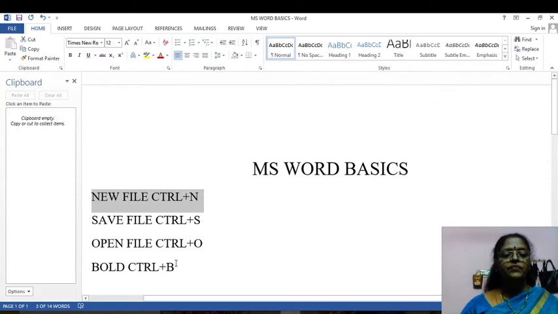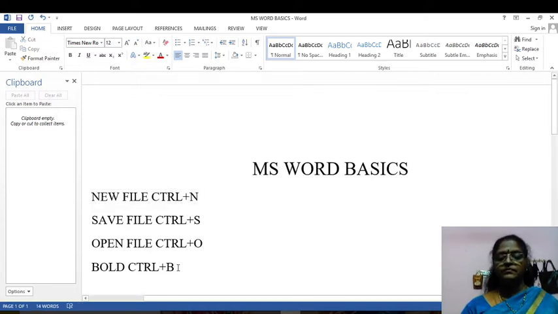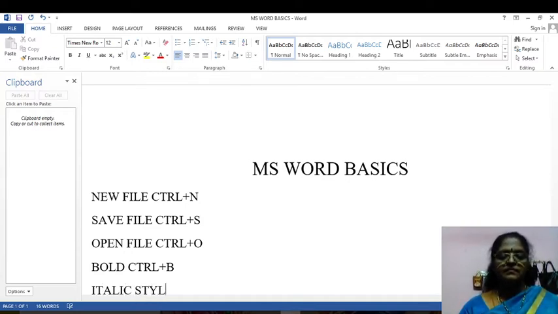So this is one of the methods, and another method is using the shortcut key. If you want to change to italic style, you just click Control plus I. See that letter will be changed, slightly slanting. Again I don't want it. Again I choose Control plus I. So the text comes into the normal mode. So this is the other method. Italic style. What is the shortcut key? Control plus I is the shortcut key.